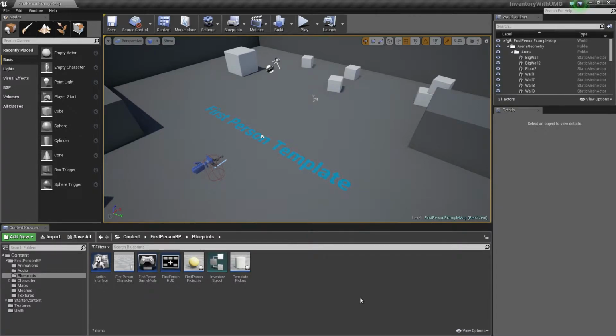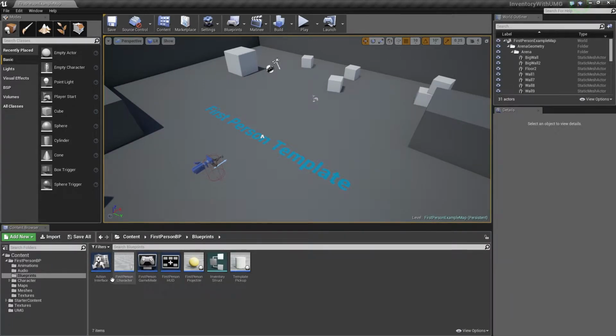In this video, we need to set up providing a way for the player to press a button and bring up our inventory, as well as add items to our inventory and drop items from our inventory. So we're going to do all of that and then finish up our template pickup as well, so that the item gets added to the inventory. And with those done, we should be able to finally test all of our hard work and everything should come together. So let's go ahead and continue.